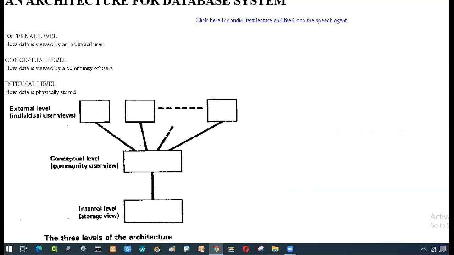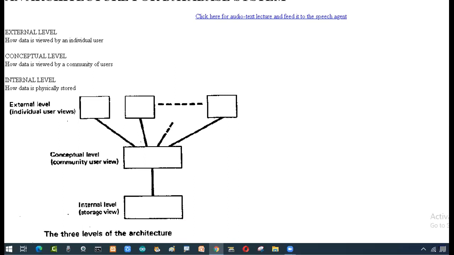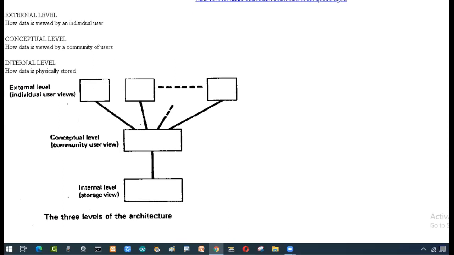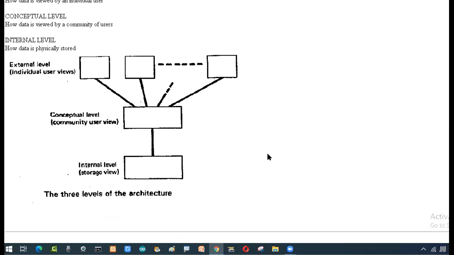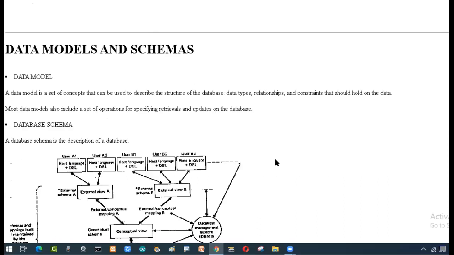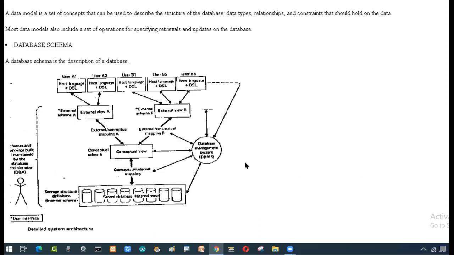So we have the three-tier architecture, so levels are there. If you think about it, it will be decided like this. If you represent it in a physical way, the first one we call the external level, the second one the conceptual level, and the third one the internal level. So these are the levels of architecture, decided in three ways. This is just for extra knowledge I'm giving over here, so no need to worry about it. It is just to understand the concept of how it will be.